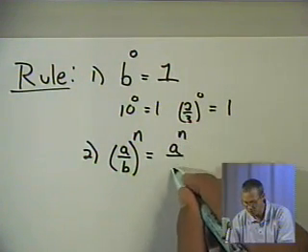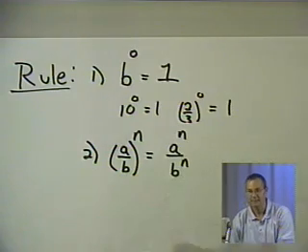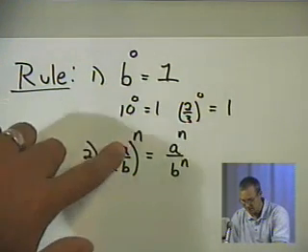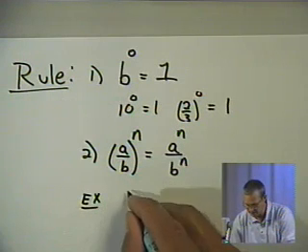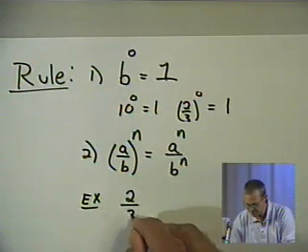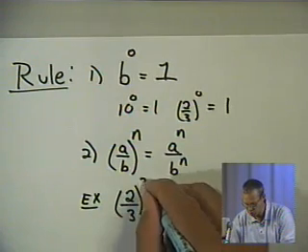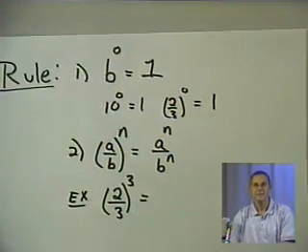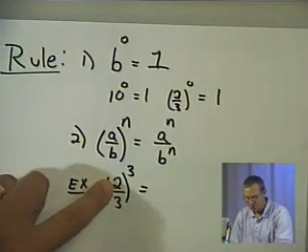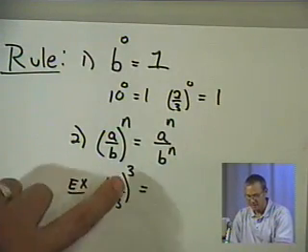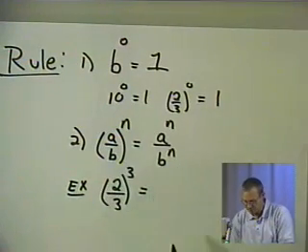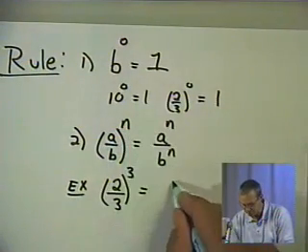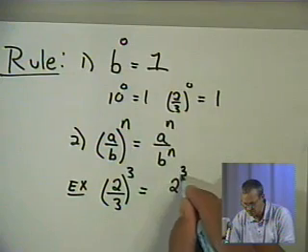That's 2 times 2 times 2. And 3 cubed is 3 times 3 times 3. So 2 times 2 times 2, that's 8 over 27. So let me rewrite. So 2/3 cubed is 8/27. So you might want to review these rules a couple times and do